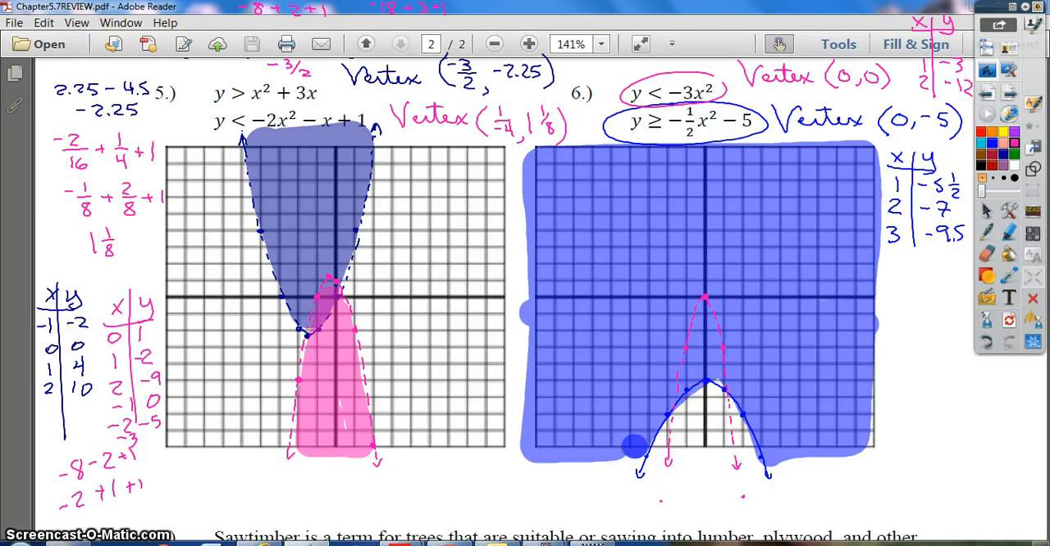Okay. There's our parabola. As far as our shading goes, okay, we would be less than, so we would be underneath this. So our shaded region would be